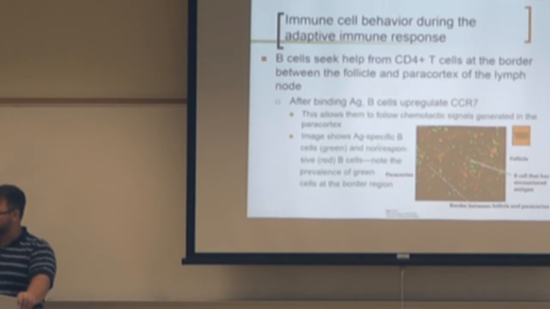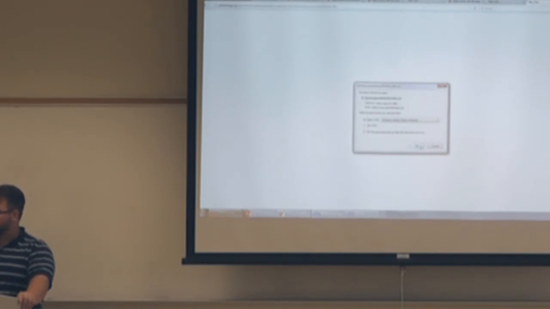Image shows the antigen-specific B cell in green and the non-responsive B cell in red. And here we see, in this case, they have B cells that have expressed a certain receptor, and they will give the antigen for that receptor, but they also have B cells that are red that don't have that receptor. And so we should see, based on the theory, that activated B cells will co-localize to this border region. We should see more green than red cells at that region, based on that hypothesis. So here's